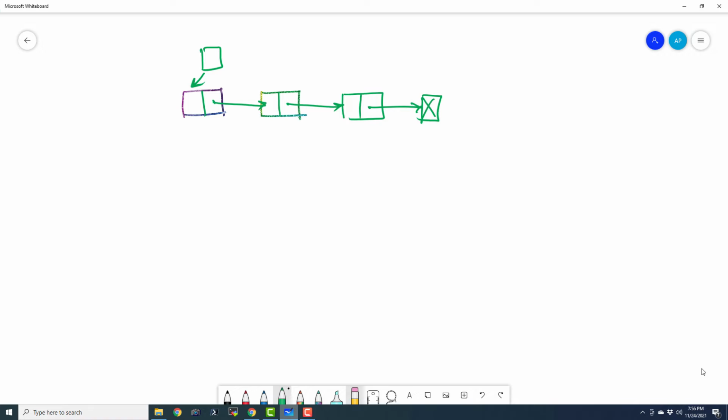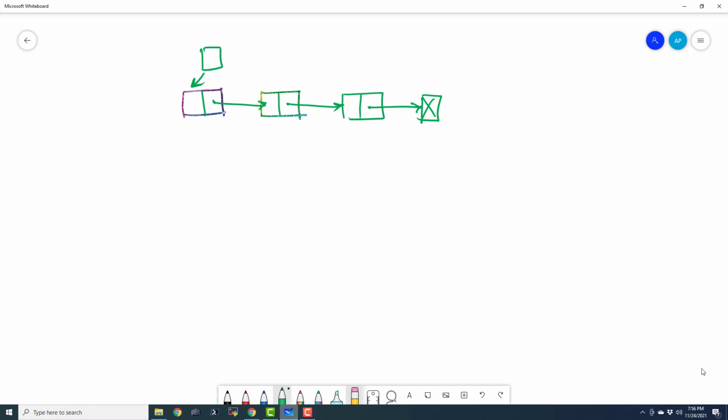We know that in a singly linked list, we have something like this. This is the singly linked list, and I'm going to say that this one is the last node, and this one is the head node, the head pointer to be very specific. Now we know that we can traverse only in one direction in a singly linked list. I want to be more comfortable and traverse in both directions.